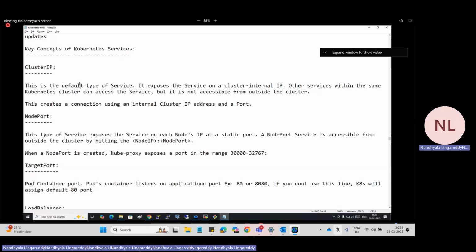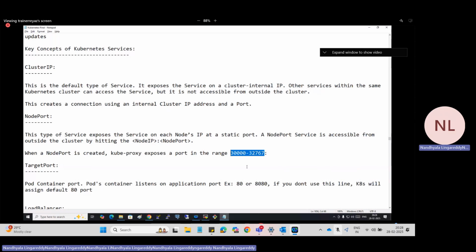The master node will say, hey kube-proxy, if you want to allocate the port, you allocate, no problem, but I'll give the range. In that range only you allocate. And that range is 30,000 to 32,767. Within this only the node port should work. Kubernetes will automatically allocate.